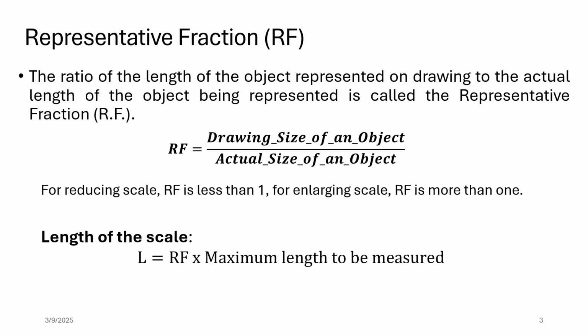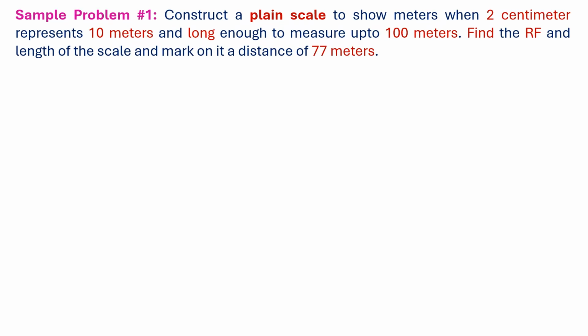Then we need to calculate the length of the scale. So length of the scale is given as the multiplication of RF with the maximum length that has to be measured with the scale. To understand it better, let's take one example for plane scale. So here is the problem. In this one, 2 centimeter on the map is representing 10 meters, and we have to draw a scale which should be long enough to measure up to 100 meters. For this, we need to find the RF and the length of the scale